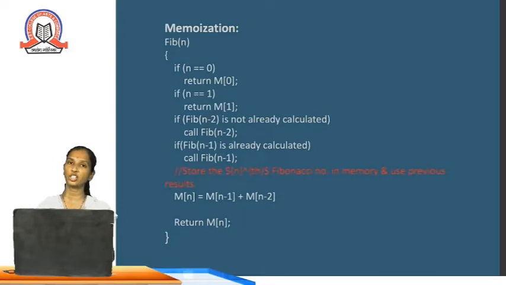So we are doing a recursion. Along with the recursion, we are doing the memoization. So this is the difference. We have the technique of recursion, along with that the memoization. So m of n is equal to m of n minus 1 plus m of n minus 2. This is the difference from the previous technique. We use recursion, along with that we store our intermediate result inside the table, and finally we return that table, that is, return m of n.